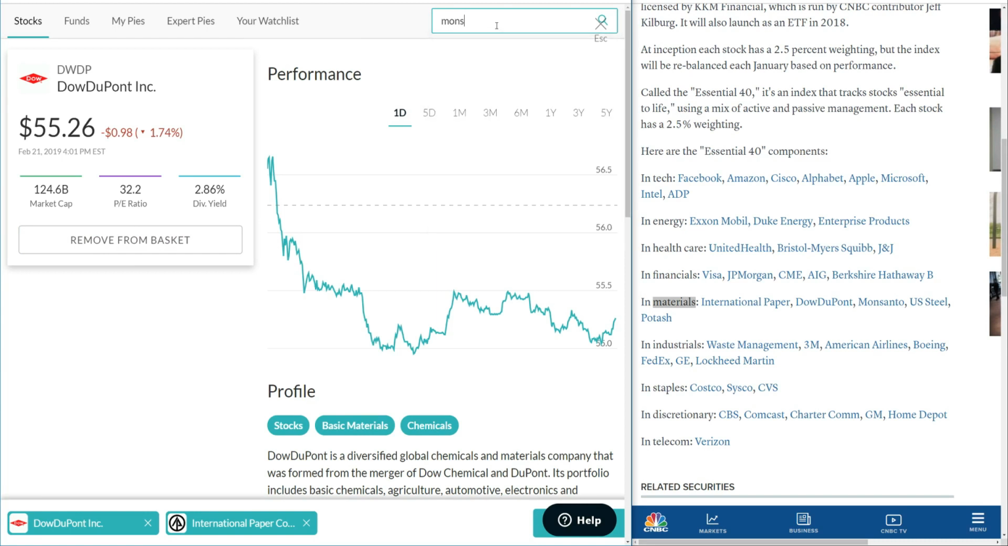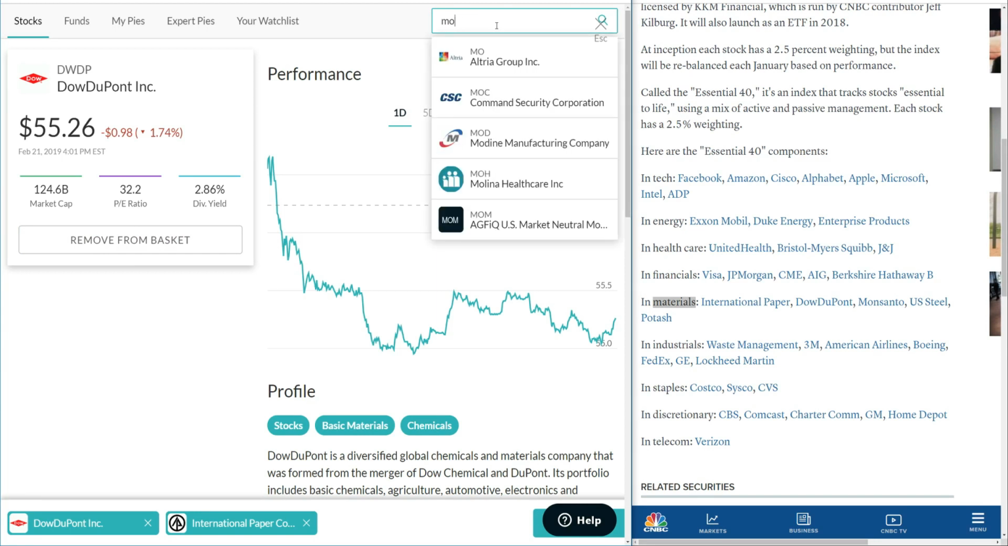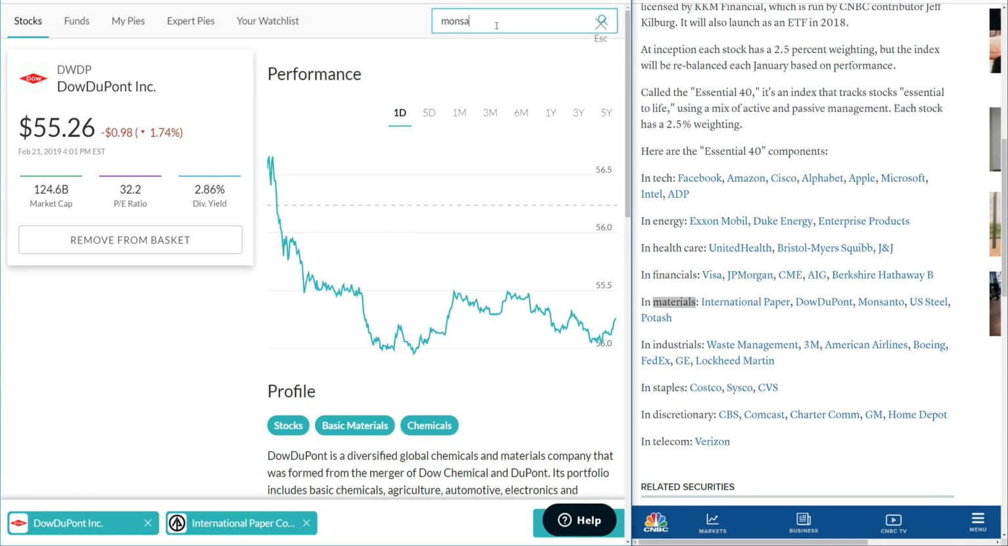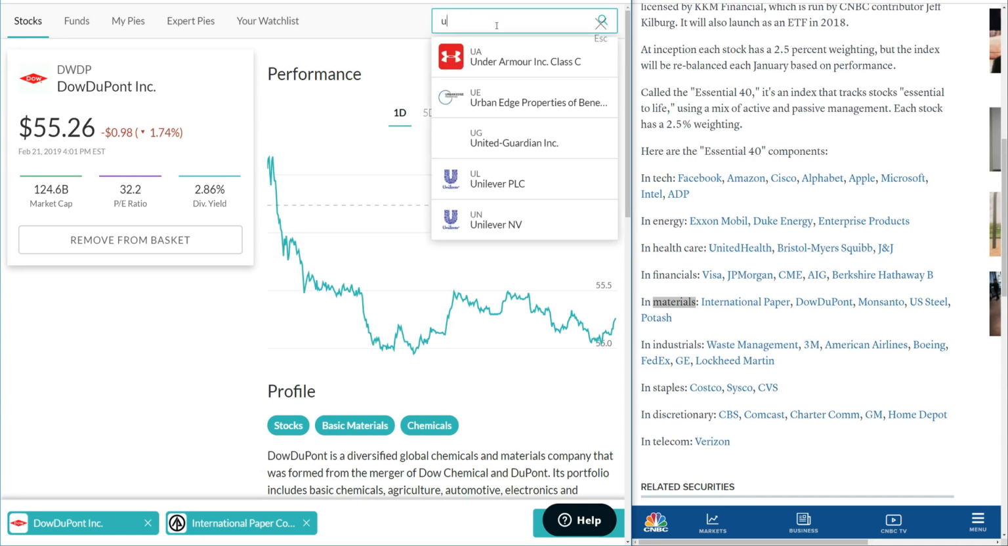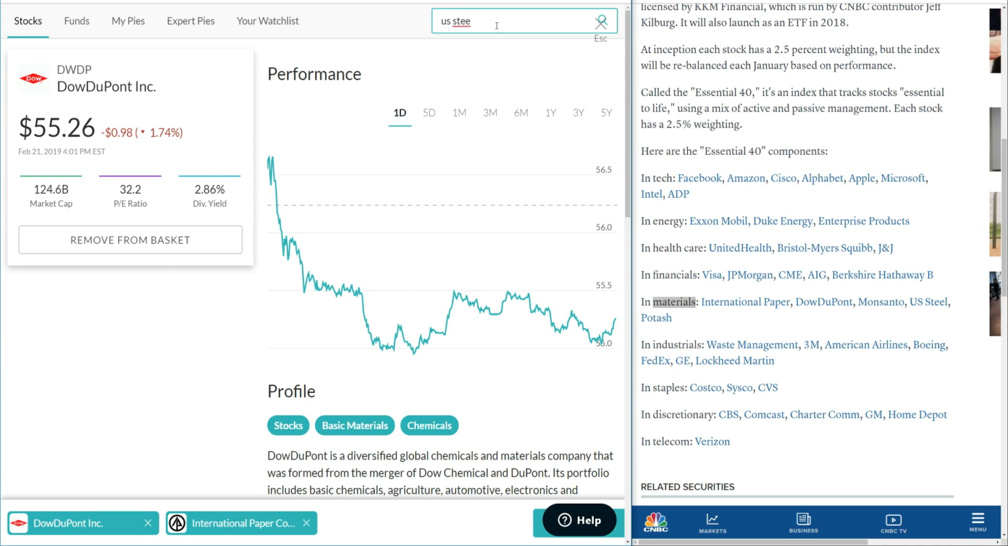And Monsanto. I don't believe that's a public company in there anymore. I think that got bought up by... Let's see, who bought them up? I'm not 100% sure right off the bat. US Steel, that one's not popping up. Potash, I don't believe that's the correct ticker symbol for that. This is saying POT,